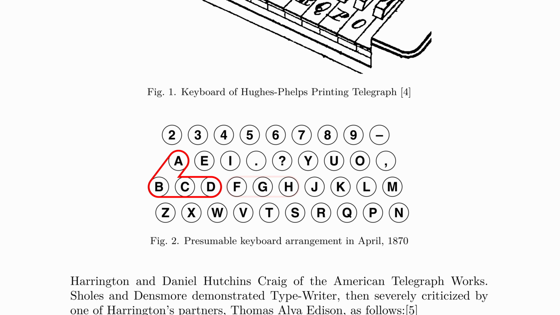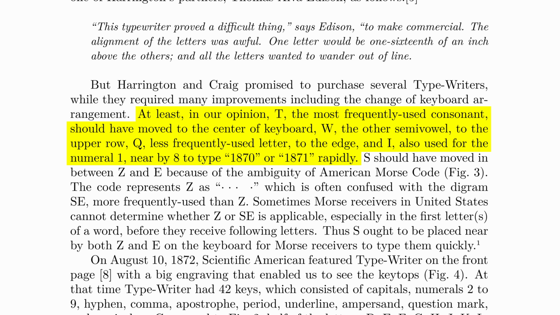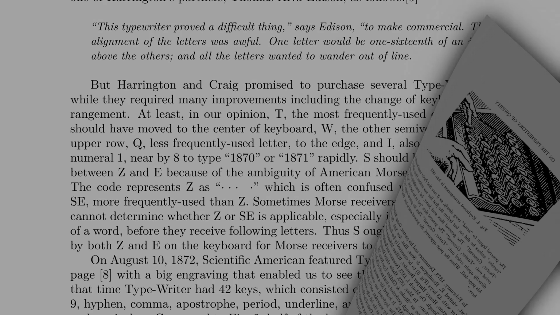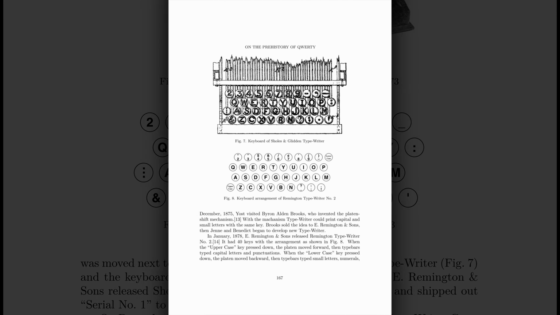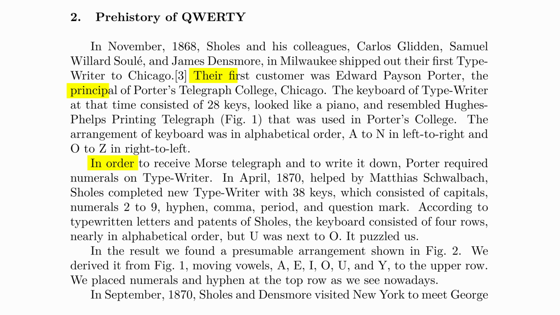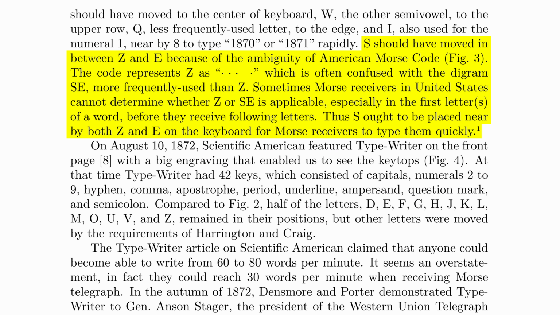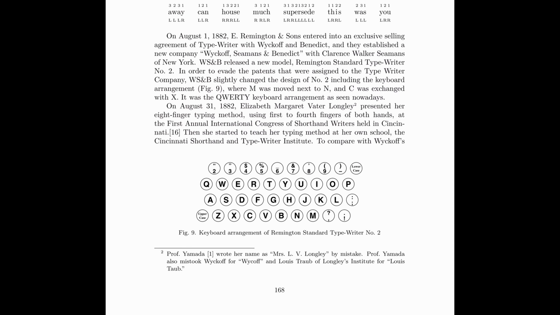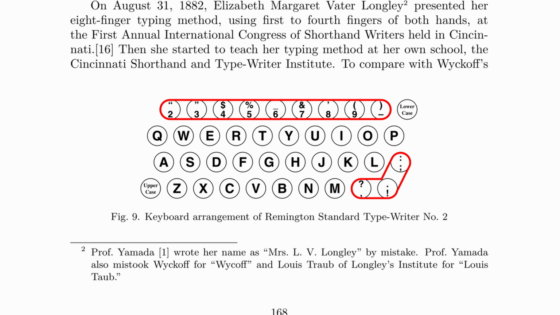It clearly descended from the alphabetical order, as evident by the large alphabetical clusters in this 1870 layout, but the changes were supposed to make typing faster and more comfortable. Letters were swapped around so that the most commonly used ones were in the middle, and common letter sequences could be typed easily by alternating between the hands. Since the earliest application of the typewriter was to quickly write down telegraphs being received, even the Morse code was an influence. By 1882, the modern QWERTY layout was essentially perfected, although you can clearly see that some punctuation keys